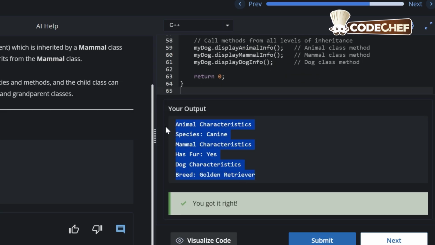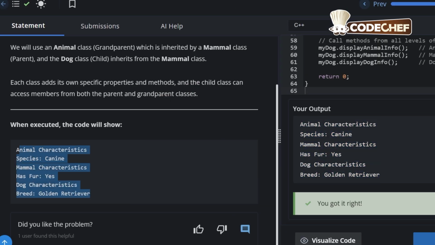So this output is exactly similar to the expected output. All the functions are called using the